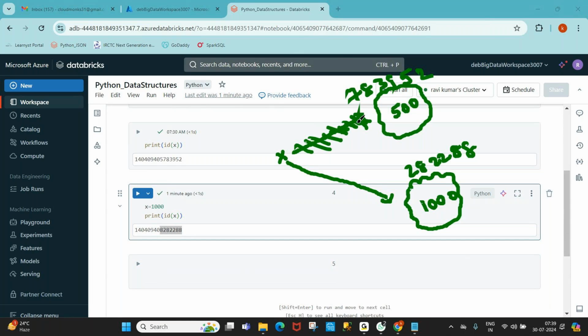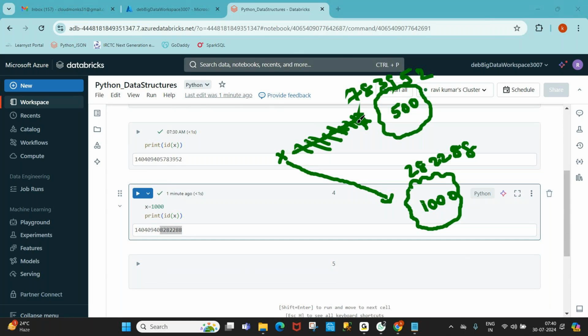That's the wrong concept, that's the wrong idea. See, guys, in memory you have two objects. Two objects are there. One object is 500, the other object is 1000. Two objects are there in the RAM memory as of now.